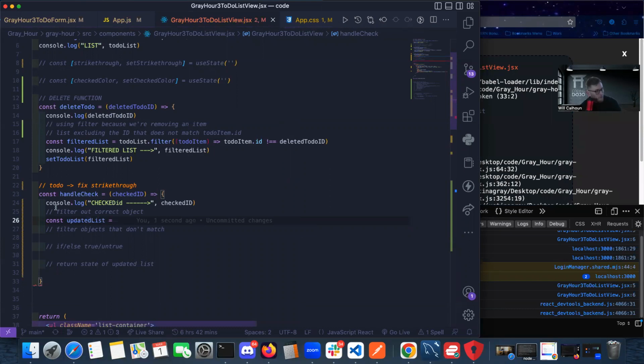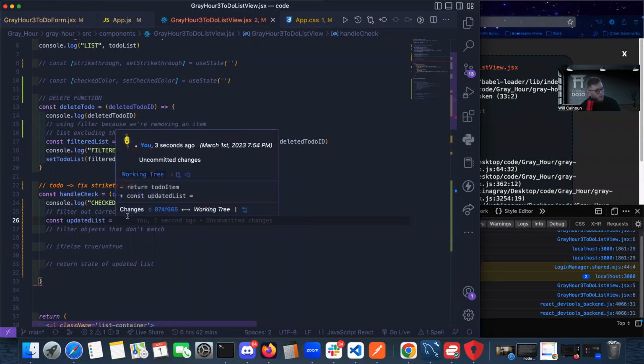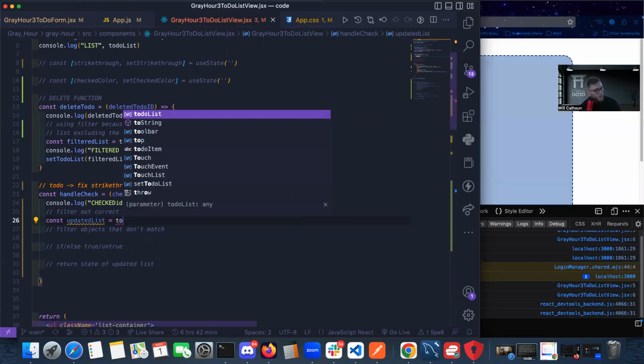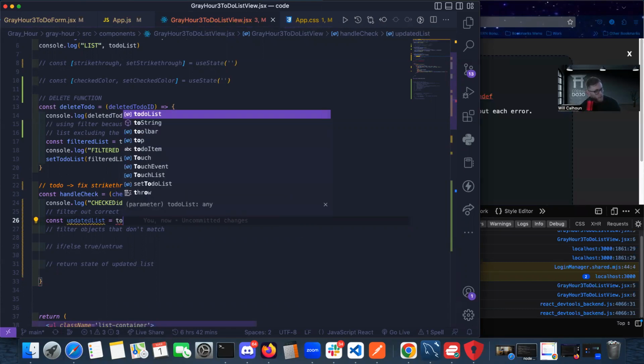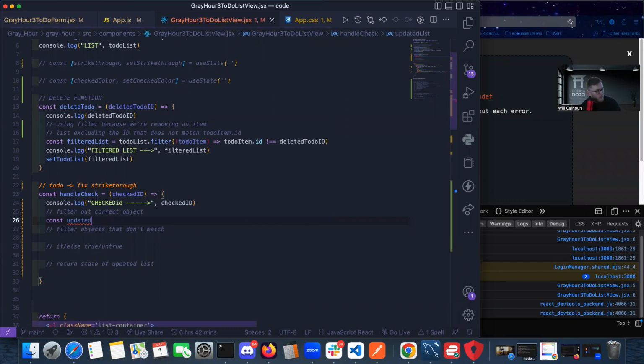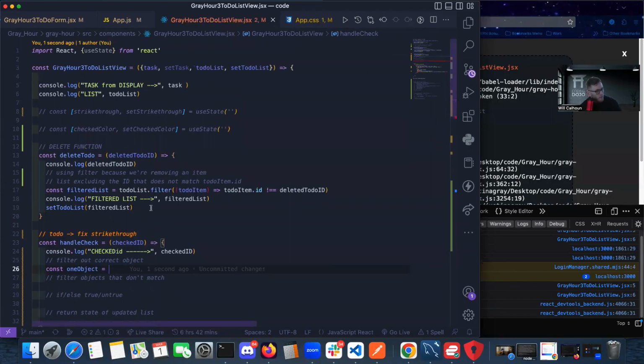So if we're going to do updated list, let's do the inverse first. Or so let's just say, sorry, let's just say one object. I want to make sure that it's blatantly obvious. Okay, so one object